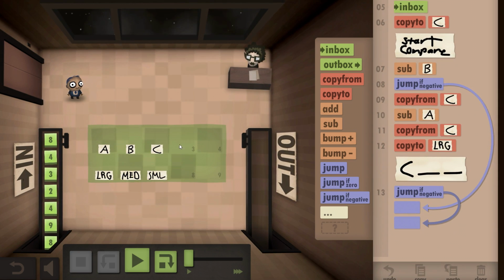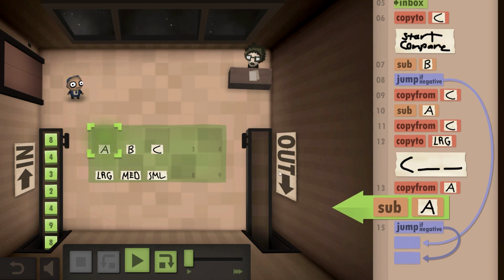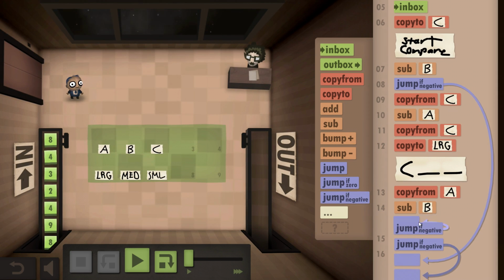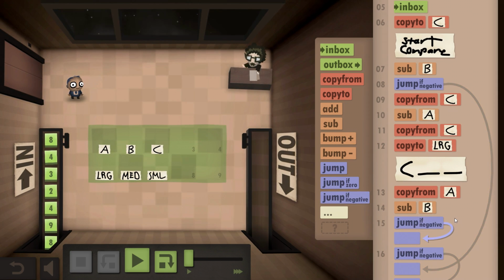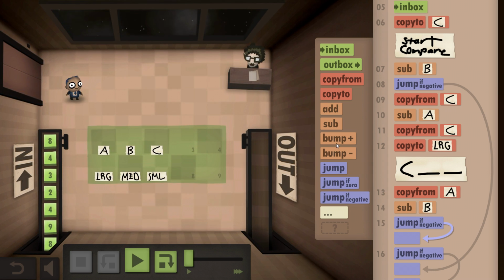Okay, so now we need to compare A and B. So, copy from A, subtract B, and then if negative, just leave that sitting. Assuming that it's not negative, then A was bigger than B. So we're going to...